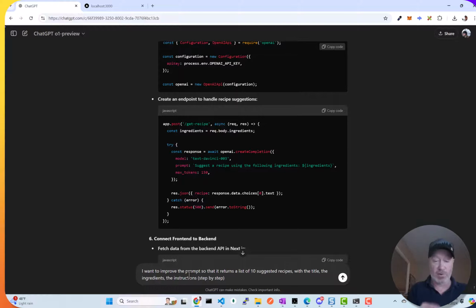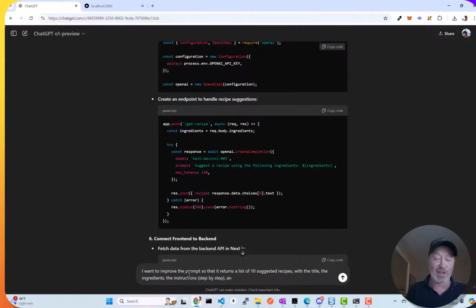So yeah, you can prompt it to do things specifically, or get more specific, then it will give you a better answer. I want to improve the prompt so it returns a list of 10 suggested recipes with the title, the ingredients, the instructions, and if possible,